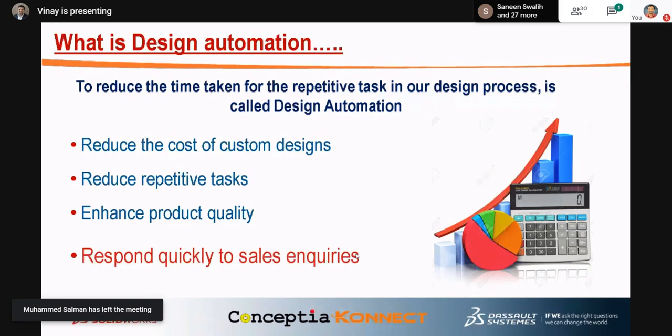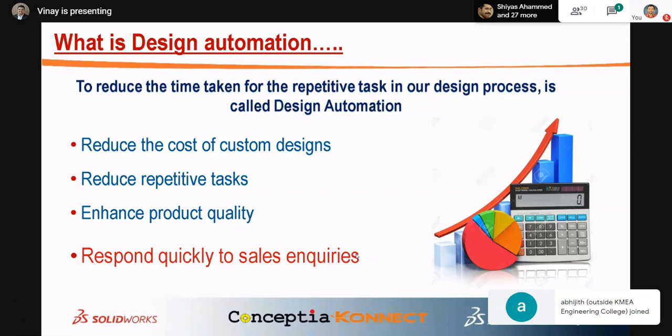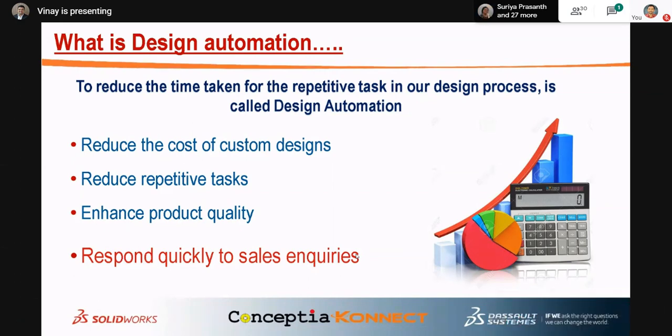Revenue, revenue, revenue. Okay, so you have to produce revenue for your company where you have joined. You have to earn the money. So if you are innovative, then only you can bring some business to your company. Okay, this is what design automation means.